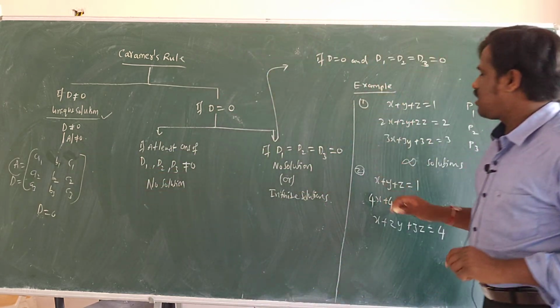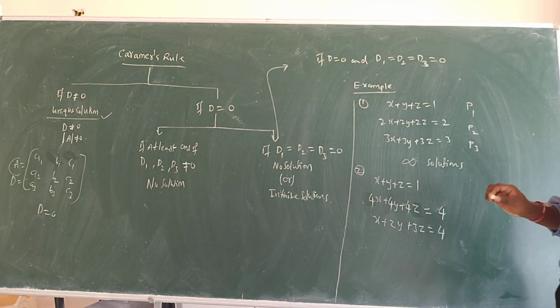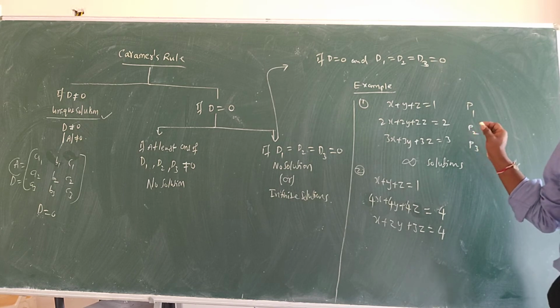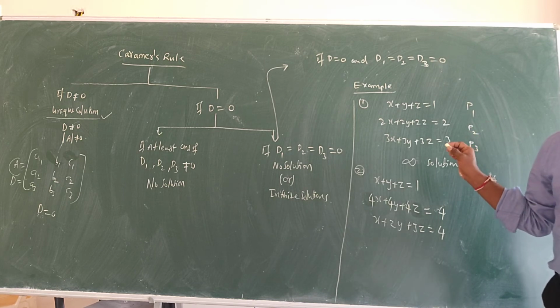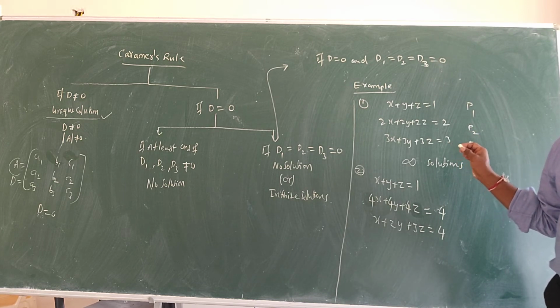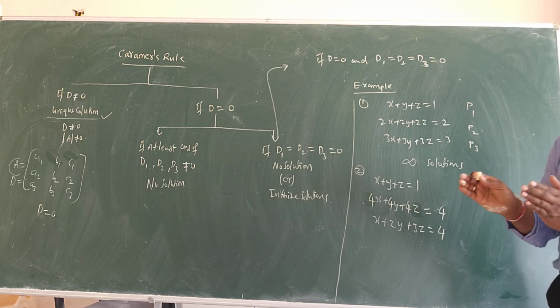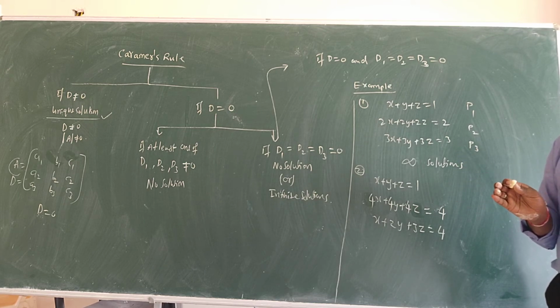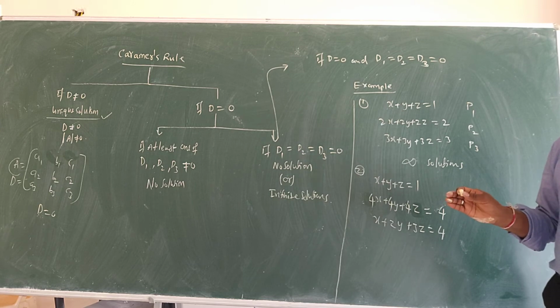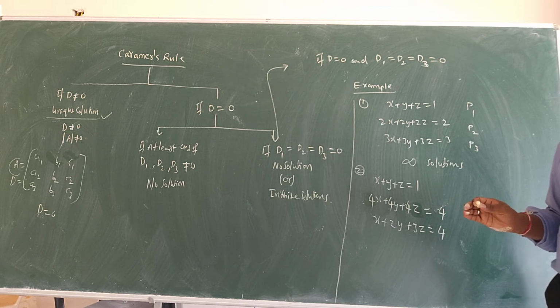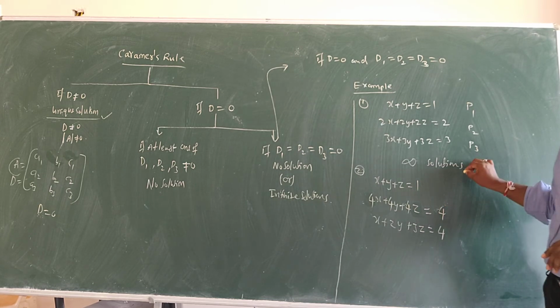In this case, we will observe the planes. How will we observe the planes? If you are not interested in this method, you can do the previous method which I explained, the matrix inverse method: adjoint B into A, adjoint A into B. You can do that method also. That method is sure to work, but this is the easiest method among all.